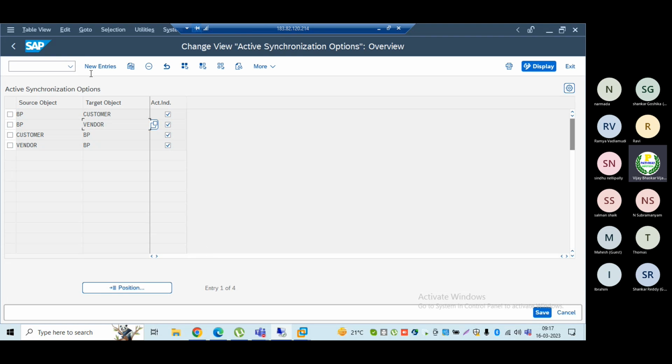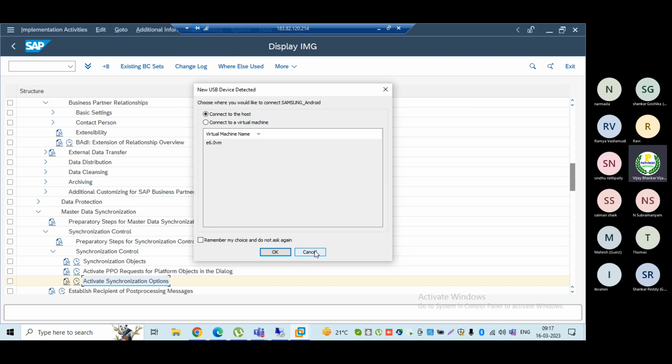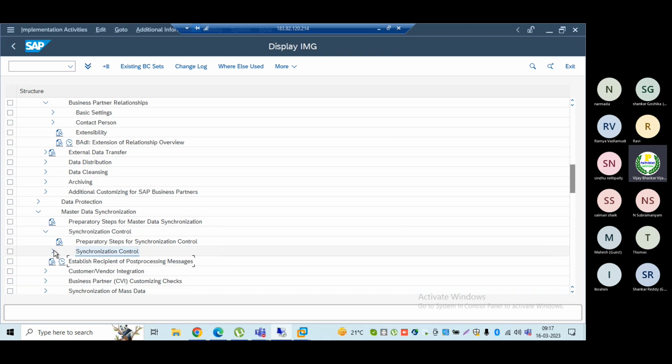Now for business partner, I would require a similar configuration. I must do the configuration for my BP also. How can I do that? For business partner, the synchronization I have already explained.